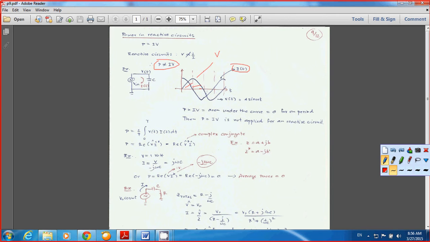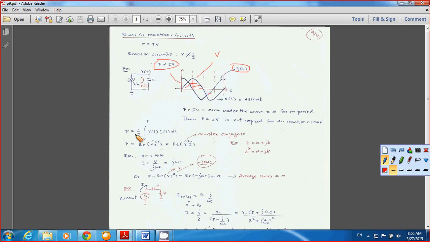You can see that this one is a positive area, and this one is a negative area. When you add them up, this gives you 0 for one period. So that's why you cannot calculate by this equation. And I also say that the power equal to IV is not applied for a reactive circuit,